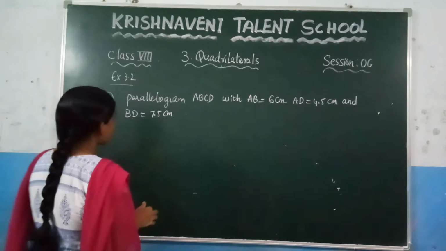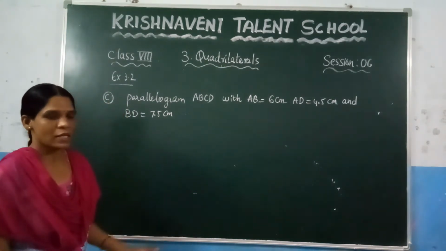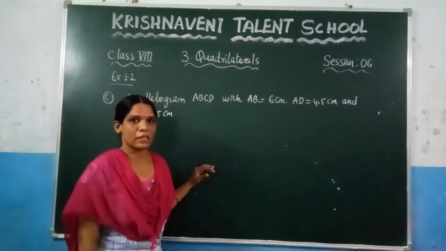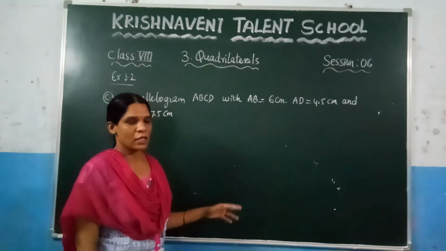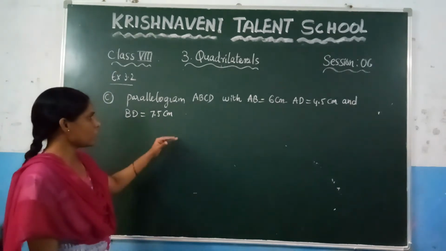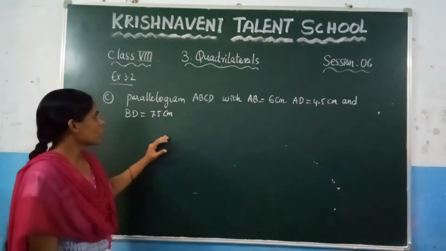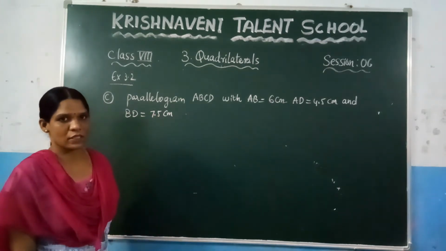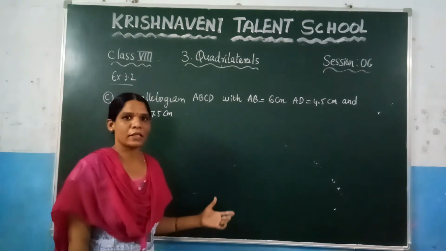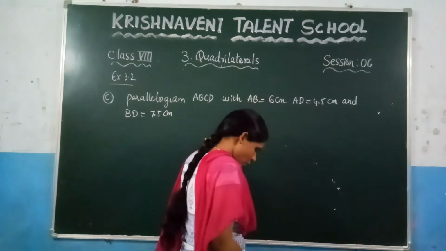So here you need to construct the parallelogram and they have given how many measurements here? They have given 3 measurements, and in this exercise we already discussed here. We are drawing the quadrilateral if you have given 4 sides and 1 diagonal. Now let us see what are the remaining 2 sides. We can find the remaining 2 sides or 1 diagonal based on the rough sketch. How to? We'll see by taking the rough sketch. Based on the properties of the parallelogram, we will come to know what are the remaining 2 lengths of the measurement. So for that you need to draw the rough sketch here.